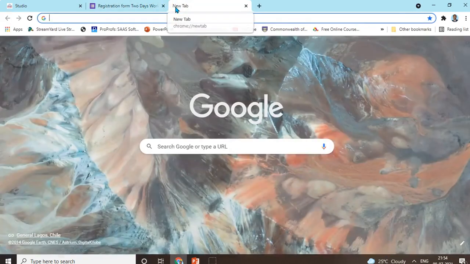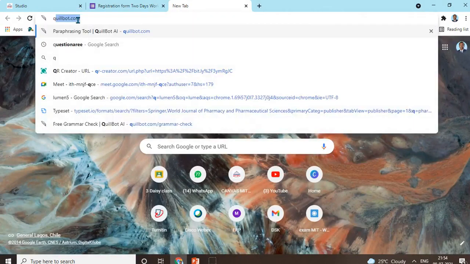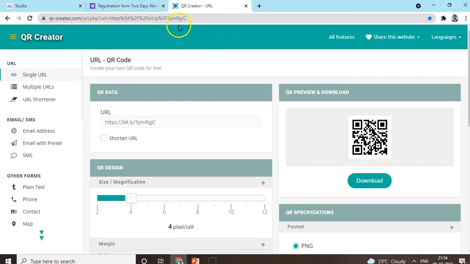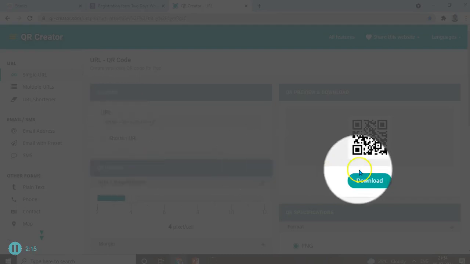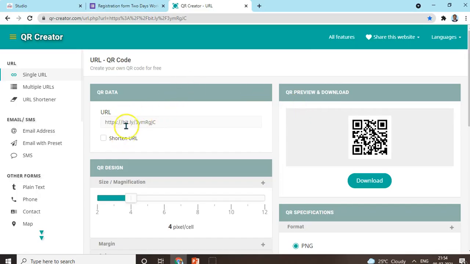and just go to this QR creator. Okay, this is one QR creator. Just put this website over here. You have to log in with your Gmail ID. Yes, it's freely available. So the moment you add this, you could see the different options: creating URL, shortening the URL, then creating this quick response code. So I'm just pasting this link over here in this text box. Okay, Control V.